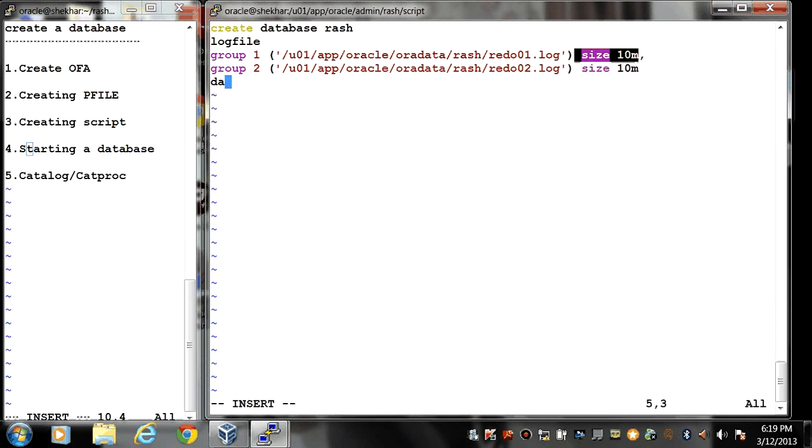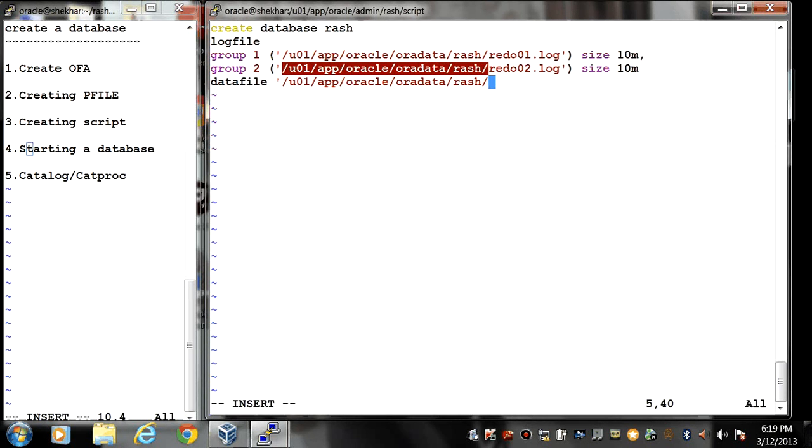And then I have to write datafile. This is my system datafile. The same location with different name. So the location would be u01/app/oracle/oradata/rash and system01.dbf. The minimum size of this datafile would be 300M.